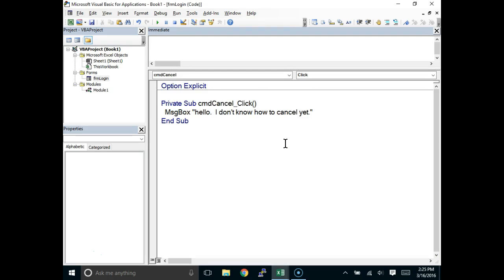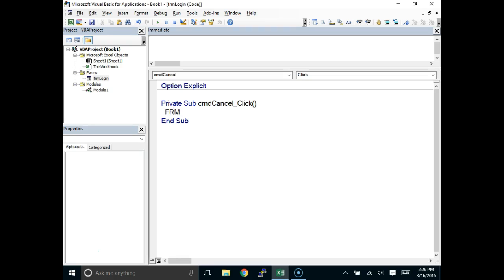And so that's the first thing to realize here. So far, when we wanted a macro or a subprocedure to execute, someone had to say, execute this, either by pressing a button in the ribbon, running it, or calling it from another procedure. Now, just a certain set of actions on the form can make it execute. So let's go ahead and have this do something. Here's one of the two ways to get a form to become invisible and pass the control back to wherever it was called from. We can say the name of our form,